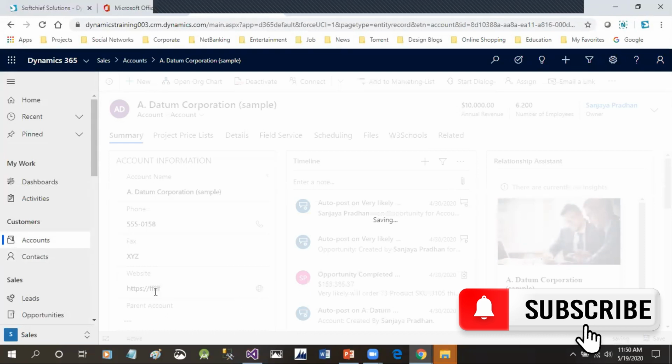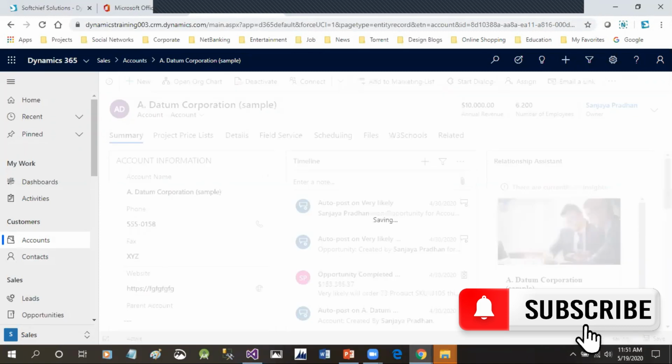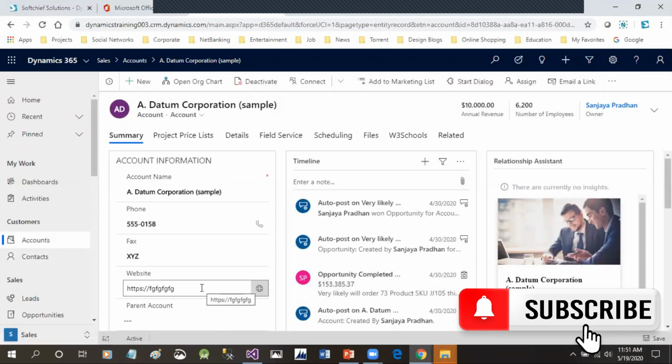I can validate this website, right? Because no website should be there without a .com, right? Let's say the website field must contain a website format like .com at last. Then how to validate that? This field takes any random value, and it allows me to save the value. But I don't want this type of format. I want .com must be there. So how to do that?